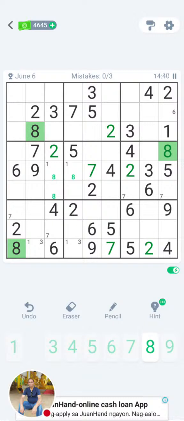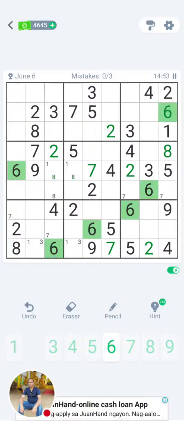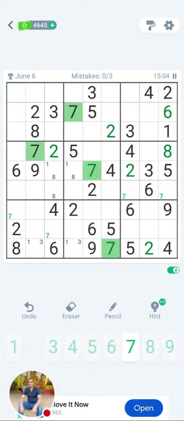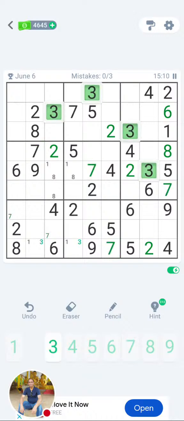Because I can put 8 there, if I go to the top above the 1, I could only put 6 and 8, but now I cannot put 8, so there is only 6 left. So I'll go and put 6 there. So I've already covered 6 and 8. I only have 3 and 7 left. Now I come down here, there's a blank. I cannot put 3 because 3 is already in that square. So the only number I can put here is 7. Which means if I come down between the 9 and the 4, I can put 3 here. So I've covered now all my numbers.